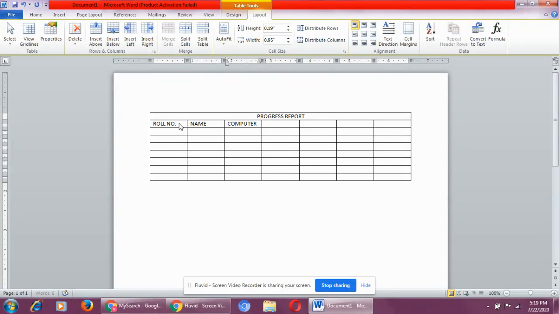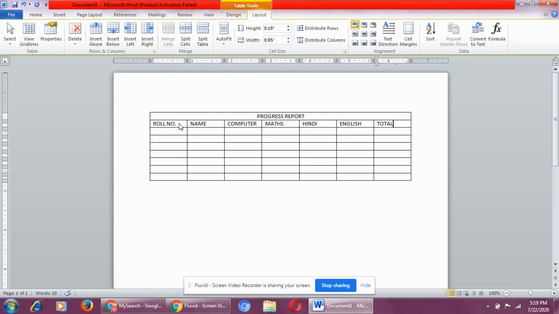Next is computer. Next is maths. Then you have Hindi. English. And last is total. All right.